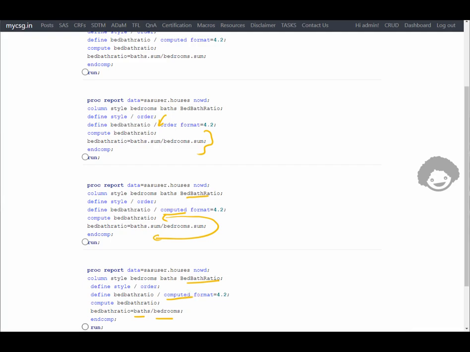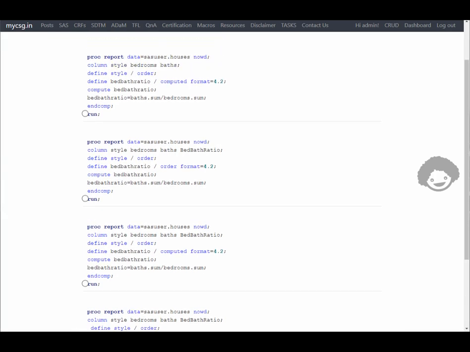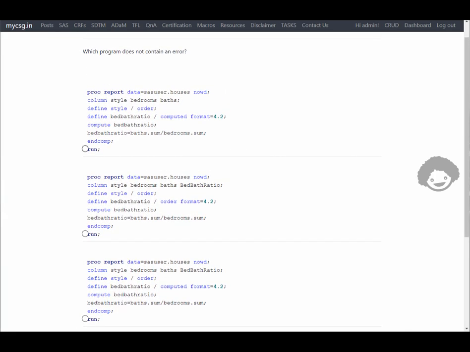So here let's go through all the options one more time before we conclude. So here if we see, the newly created variable is not specified on the computed statement, so this could be wrong for that reason. And here it is newly being created but not specified. The computed option is missing here on the define statement, so this could not be correct for that reason. So let us move to the